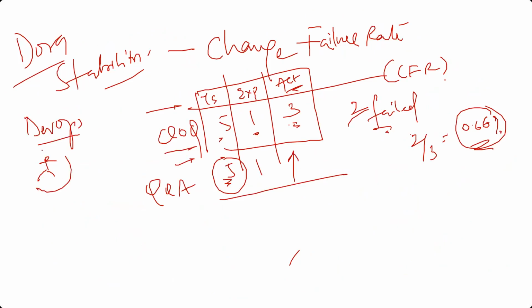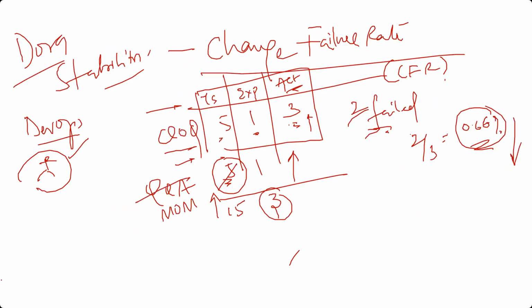Okay, so this will help the leader to judge whether to hire more people because my escalations are high and actual deployments high. Instead doing quarter on quarter, I'll now do month on month. Instead 5 people, I'll hire 15. Now I'll do 3. Okay, with 3, I will have now focus on doing better deployment so I can bring down this failure rate. Okay, so this is what the change failure rate will help the DevOps leaders to take a conscious decision whether to increase the size of the team or decrease the deployment size, deployment count, or don't entertain